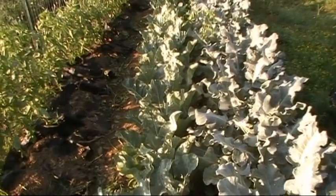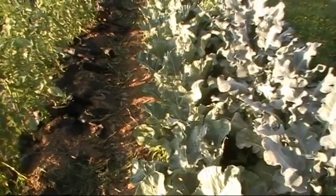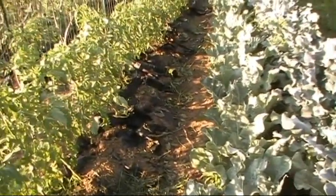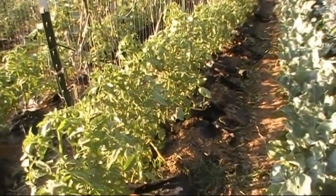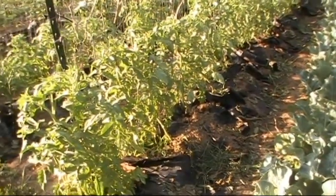The cauliflower hasn't really made a head that I found, but it is bald around it. The leaves are pulled to it, so it's trying. I hadn't messed with opening them up to look, but I haven't really felt anything like a head of cauliflower yet. But anyway, these are